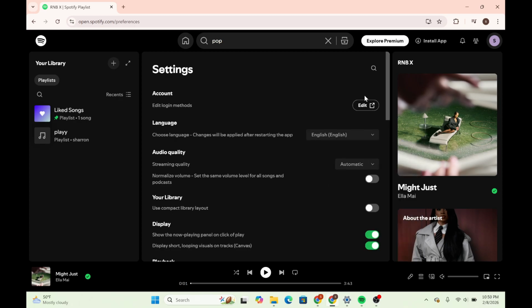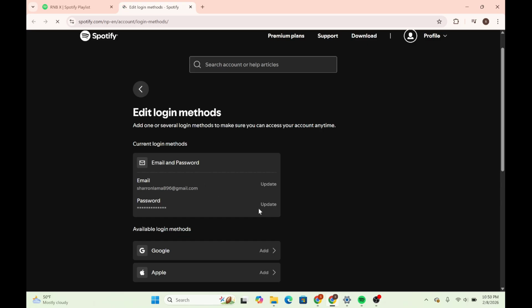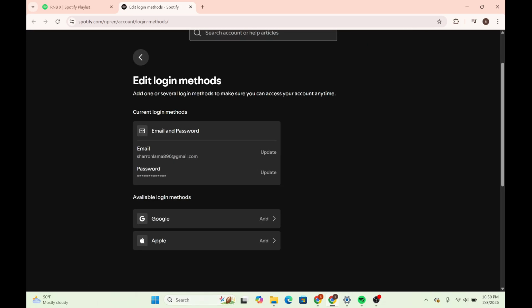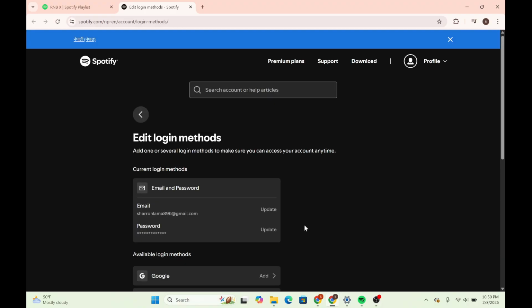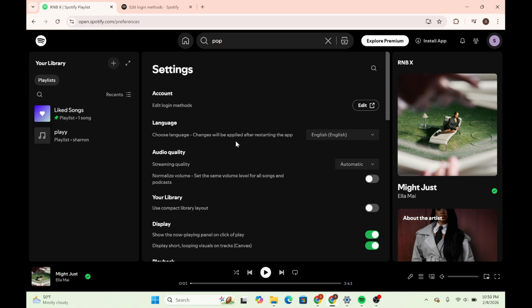And over here you can go to your account edit. Here you can change your email or password. You can update your email and password if you want to change it, and if you want any of the other available login methods you can simply select to add Apple or Google for better available options. And the tips and tricks for Spotify on laptop is you can use Ctrl+L to search